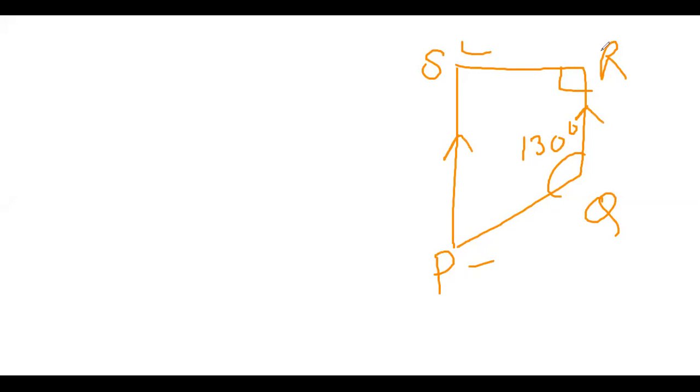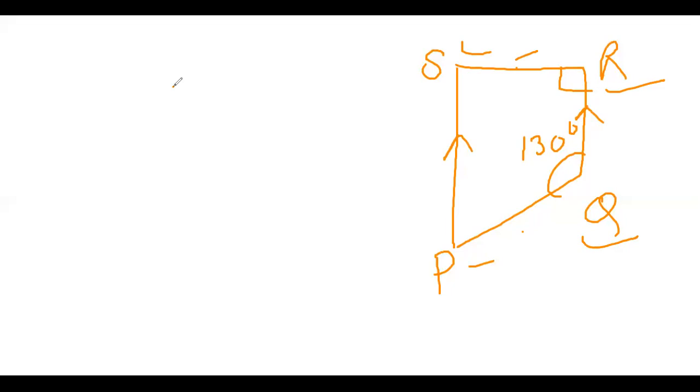If you turn it, you can see, if these two are parallel, then P and Q become adjacent angles, and S and R are adjacent angles. What will be the sum of these two? 180 degrees. Reason: because opposite sides are parallel, the sum of adjacent angles will be 180. Now here the sum of Q and R is not 180 because these two opposite sides are not parallel. PQ and S are not parallel. So P and S, or Q and R, these are also adjacent angles but not equal. The sum is not equal to 180 degrees.